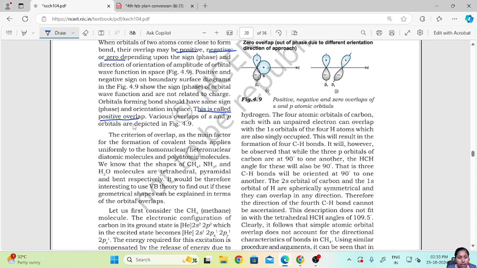Now, the criterion of overlap as the main factor for the formation of a covalent bond applies uniformly to homonuclear, heteronuclear, diatomic molecules and polyatomic molecules. We know that the shapes of CH4, NH3 and H2O molecules are